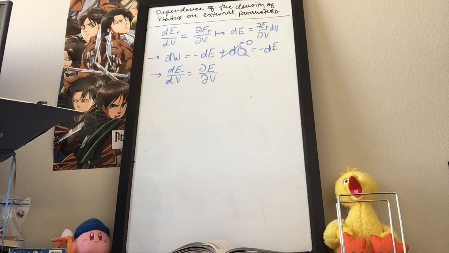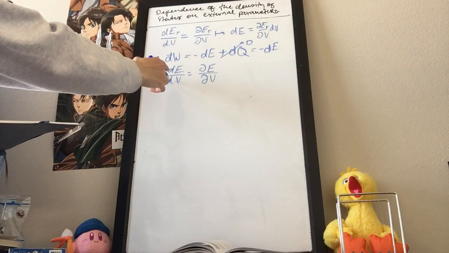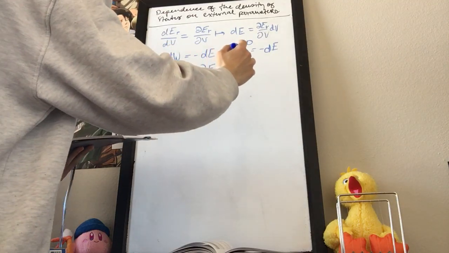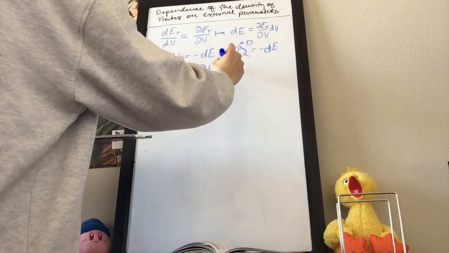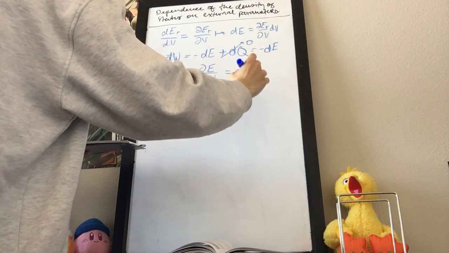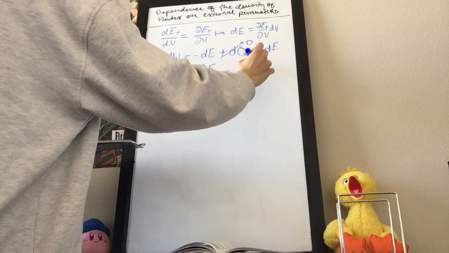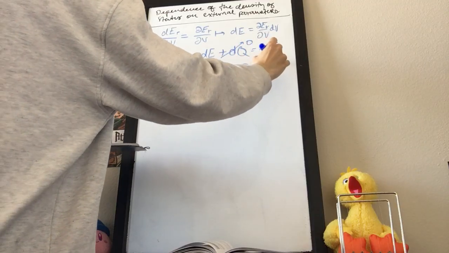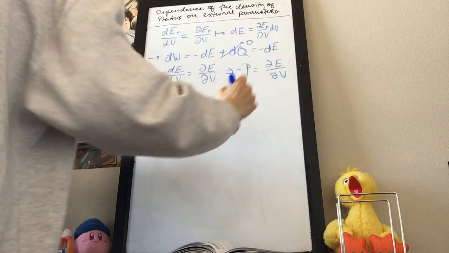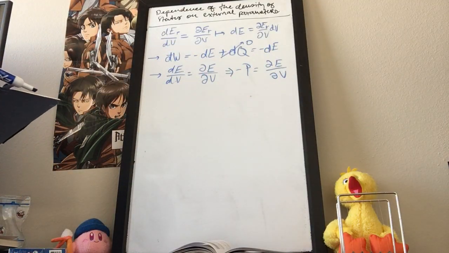And the nice thing about this is that a change in energy over change in volume is simply expressed as being a negative pressure value being equal to our partial. Right? And we can get this from